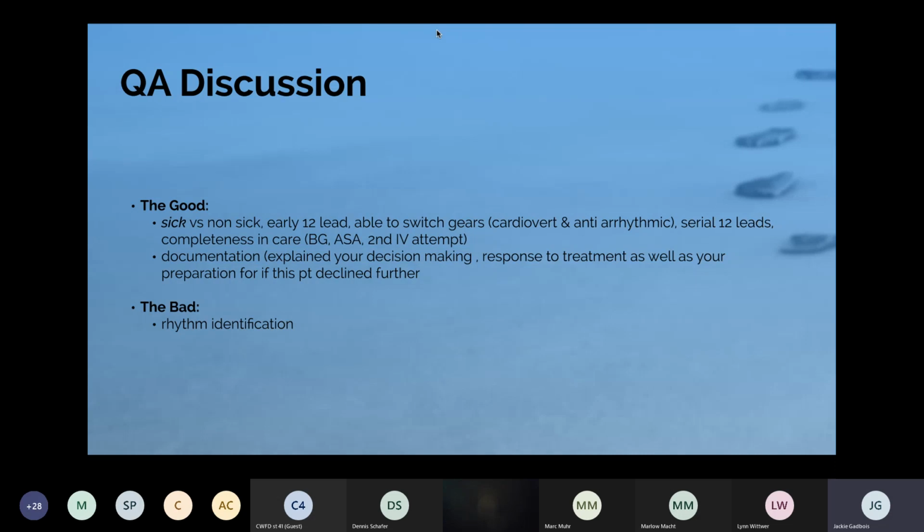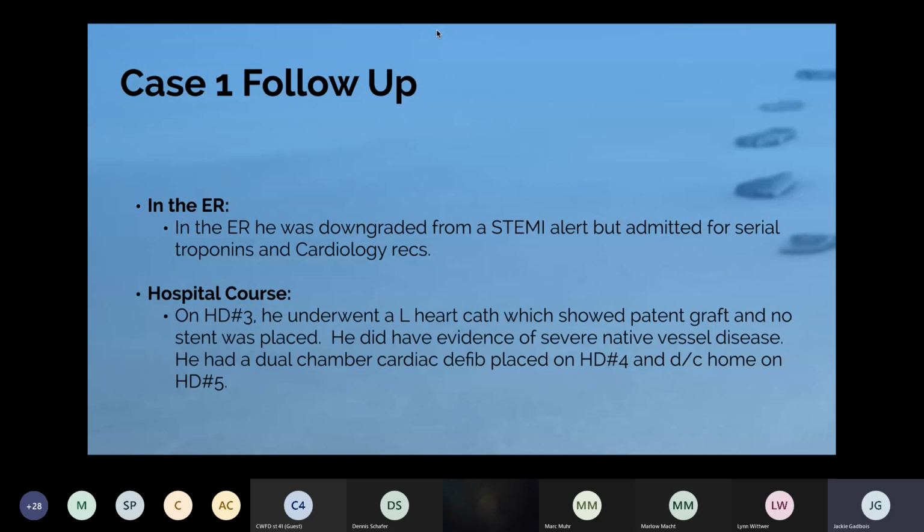And where I think we can improve, as mentioned by both of our docs on the call, is that the rhythm identification was probably interpreted as incorrect. It was likely VTAC, and I'm going to talk about that further after I give you a follow-up. So in the emergency room, although he was activated as a STEMI, and my understanding is that it has to be confirmed by the ER doctor, he was downgraded upon arrival, and he was admitted for serial troponins